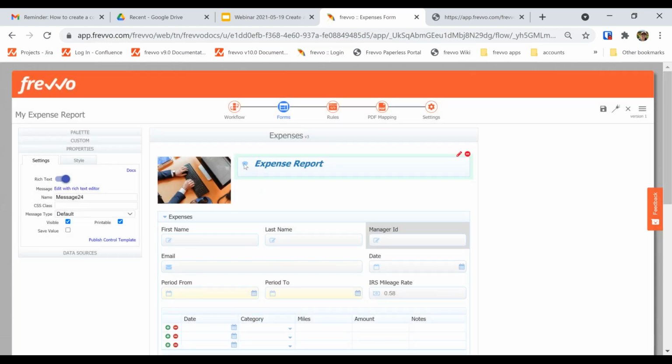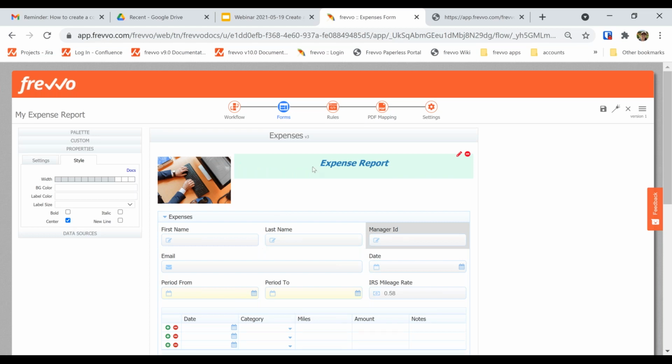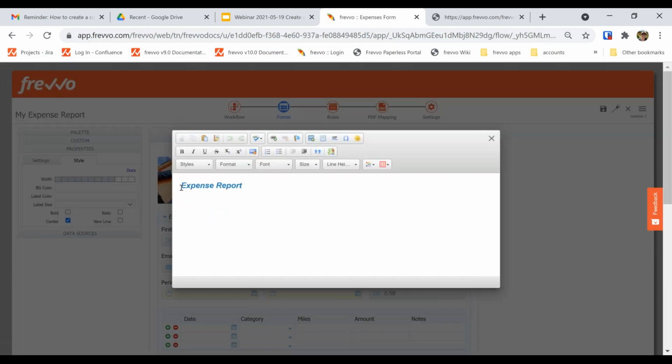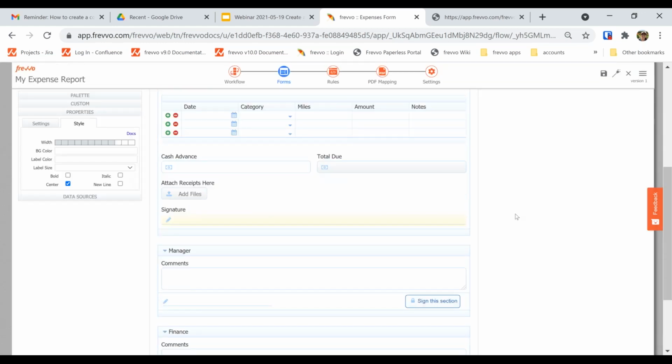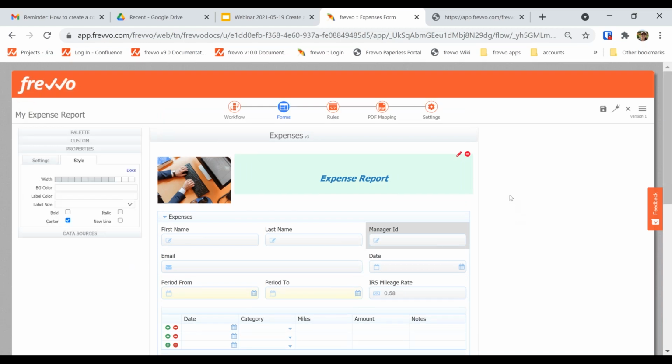Now, I don't love having this little message icon on my title, so I'm going to change the message type to none. And then I will center that message on the screen. And if I want to center it vertically as well, I can just add a line break here in the rich text editor. So now we have a really nice looking form, but we still want to customize some of